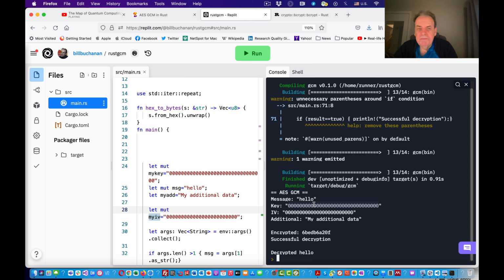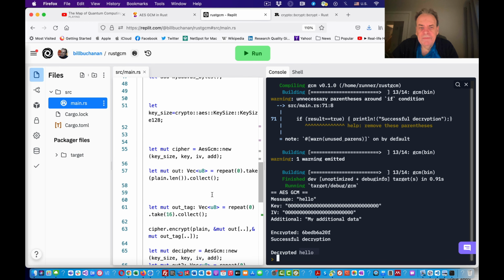So we just let that run, and we're using hello, and we're using a key of just zeros. Obviously we'd use a random generator, a 128-bit random generator there. We'd also create a salt value which was random, but we'll just make it zeros just now. That's the additional data. The encrypted ciphertext is the same length as the message because it's a stream cipher that we're using, and you can see there that we've managed to successfully decrypt the string back again. With GCM there are no blocks or padding or anything like that, so it's really quick, and we don't end up with any strange characters at the end.